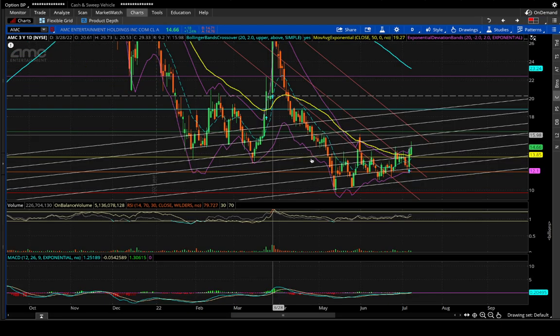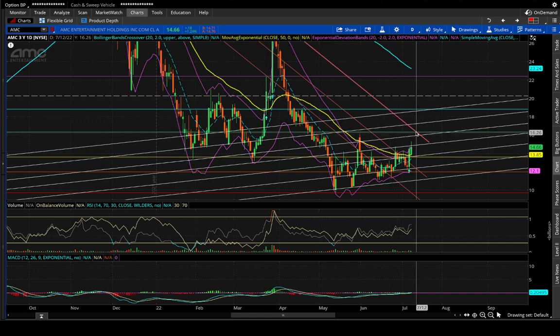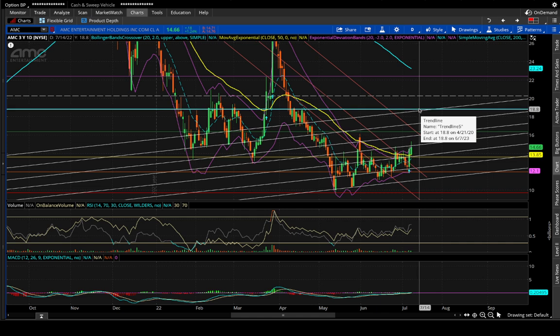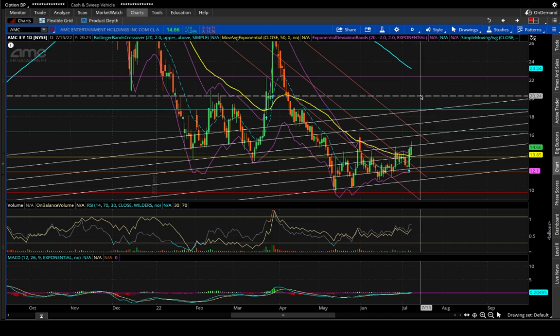So that's the major thing I'm looking for, is this 1640 break along with this regression channel break, which will line up on Wednesday, which is literally to a T almost. So that's the line I'm looking at. 1640 is kind of our pivot. If that's broken, I think we test 1884 and then potentially even a 20.25.